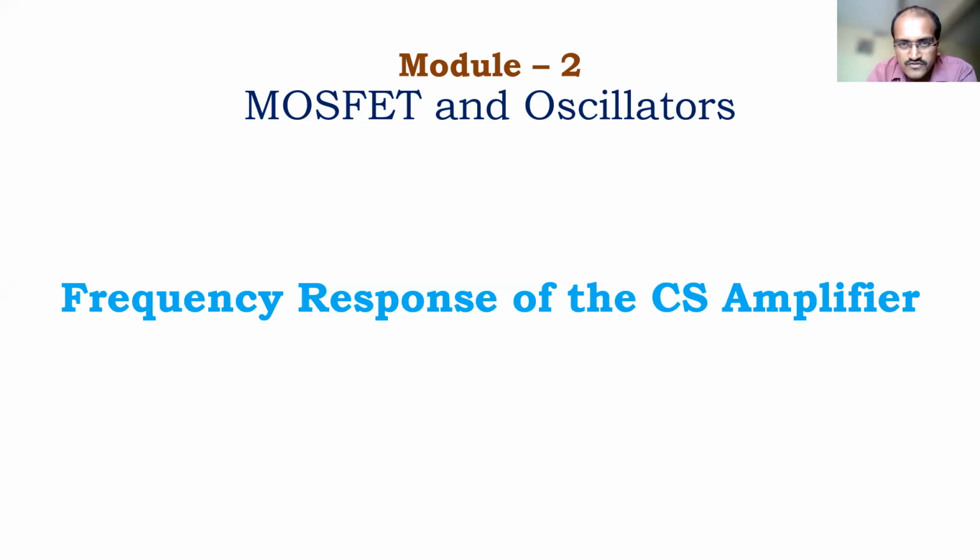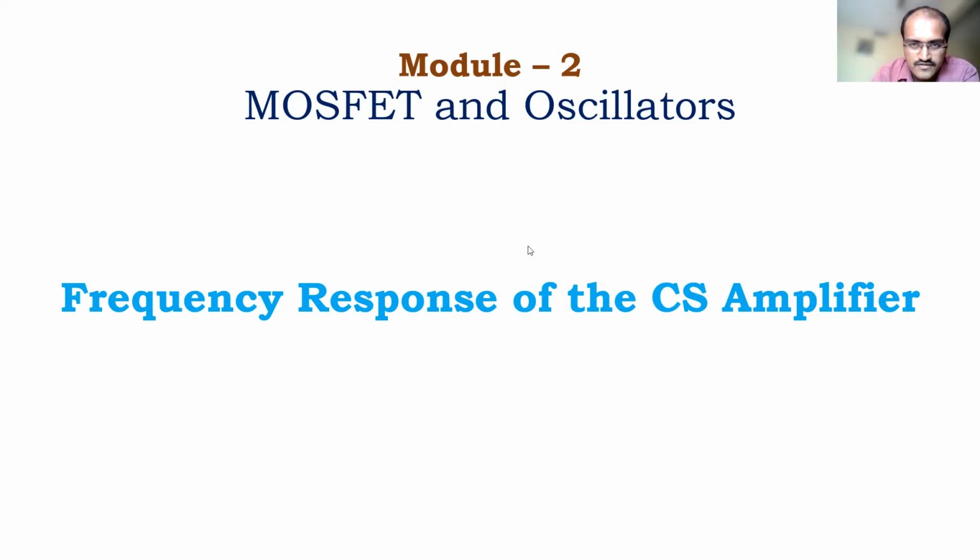In the frequency response, there will be a lower cutoff and a higher cutoff, and these are dependent on the capacitance. The lower cutoff frequency normally depends on the coupling capacitors we have used and the bypass capacitor. The higher cutoff frequency is due to the gate to source and gate to drain capacitance. So only two we have finally settled on. There are a total of 5 capacitances, and only 2 of them play a major role in the frequency response. That is what we are going to discuss.